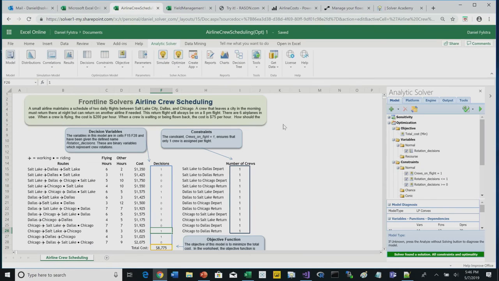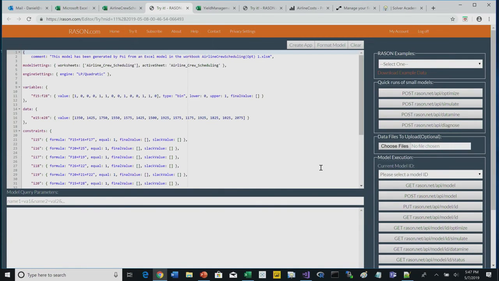our airline crew scheduling example. We ran this in Excel Online. We could run it in Excel for Windows, and then we ran it through Solver SDK. And we actually turned it into a single web page that was sort of standalone. We can also just say create app Rason.com, and all this does is pretty much generate the model and then load it into the Rason editor so that you can use it and run it directly from here. But what we want to do now is another option that you may have seen on that